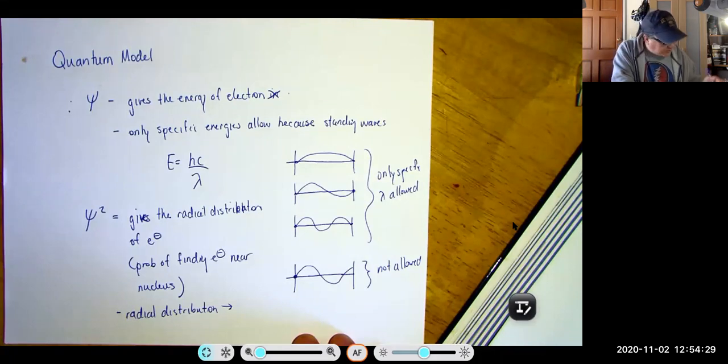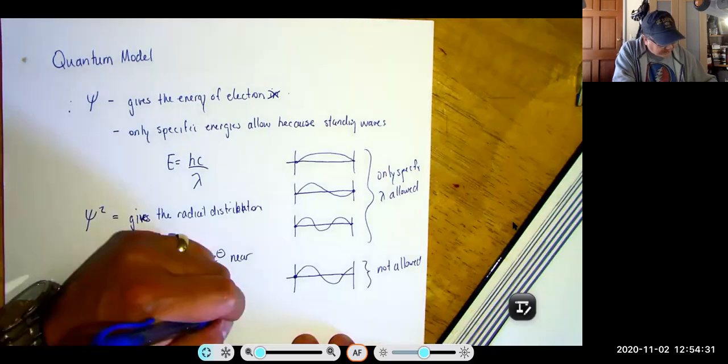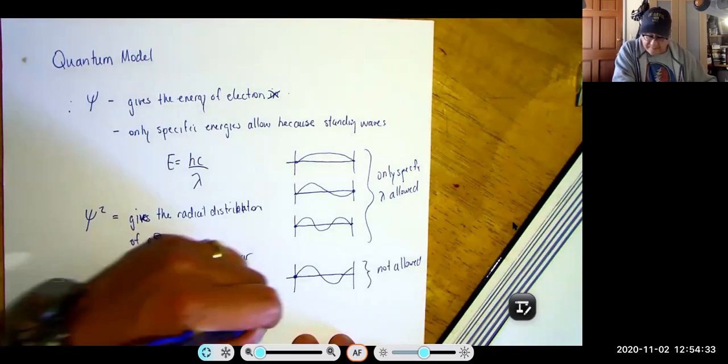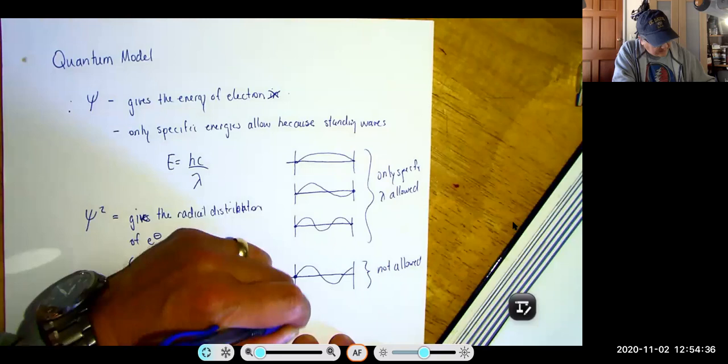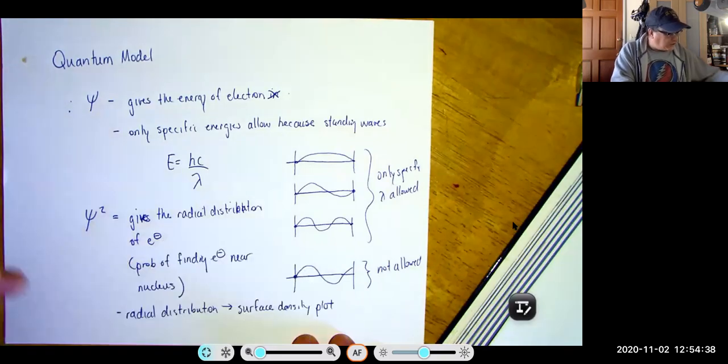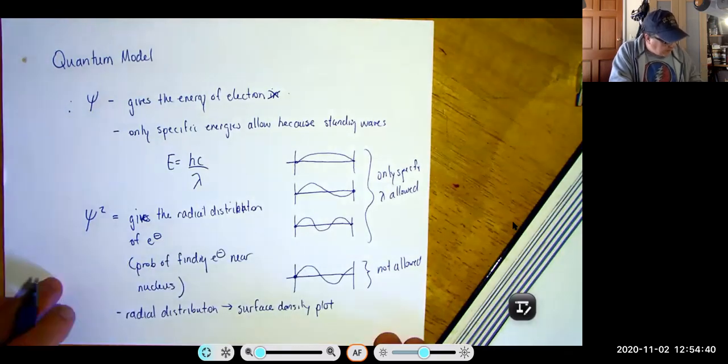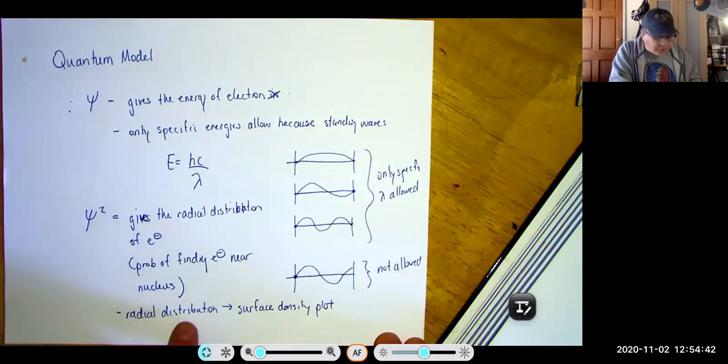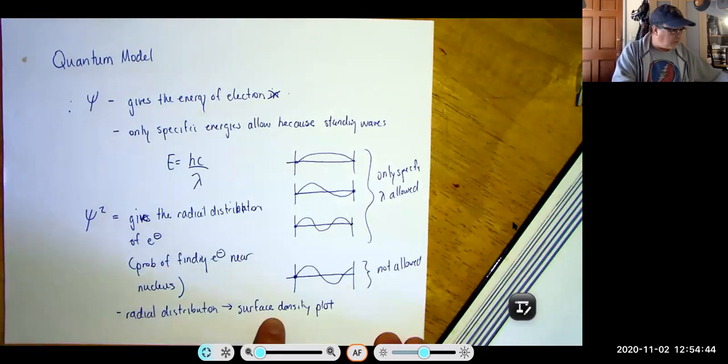So this radial distribution gives rise to a surface density. Okay, so those are the two important things here. And when I talk about radial distribution in a surface density plot, I'll show you what I mean